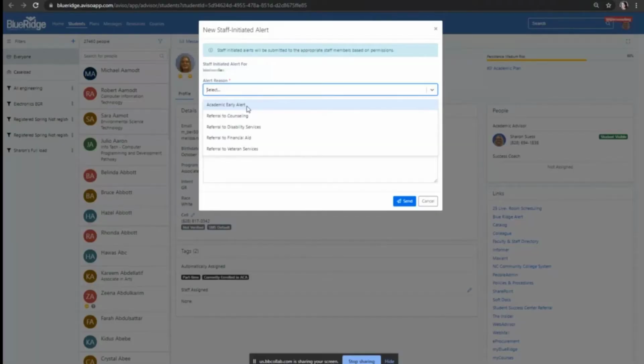So if you're filing an alert on a student, this needs to happen as soon as possible. The earliest you can file the alert, the best possible outcome we're going to have for this student. So if you're clicking on the academic early alert because the student is maybe struggling in their course, maybe they are suddenly not doing as well as they had previously done. Maybe you've noticed a change in behavior. Maybe you feel like something's going on and you just want some outreach provided to the student. That's a great time to go ahead and do the alert. So you'll select academic early alert.